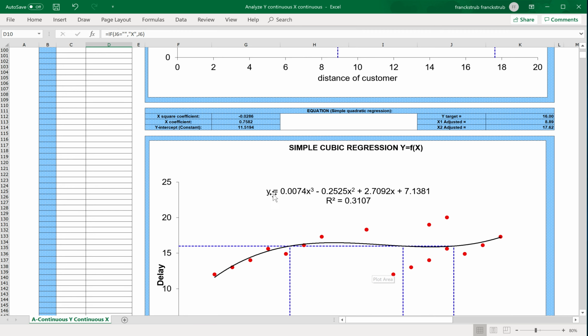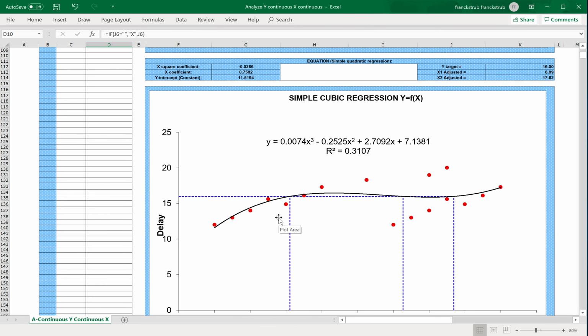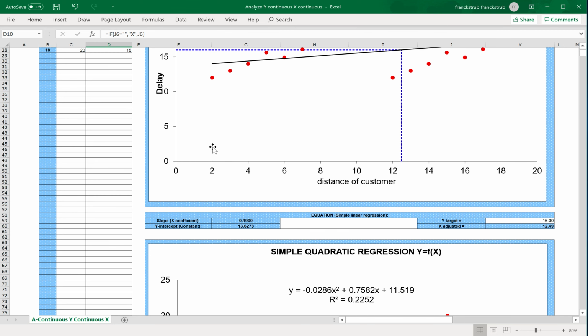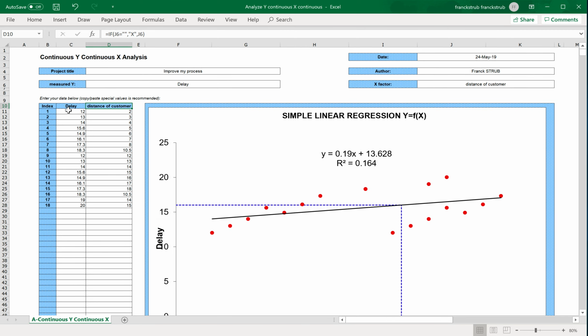And each time you will do this, as you can see, you will have an R-square value, which will indicate if the correlation and regression is strong and good enough and valid, meaning can we use it to predict with an X setting the Y target that we will obtain with the equation. So let's start by entering some data in these columns.